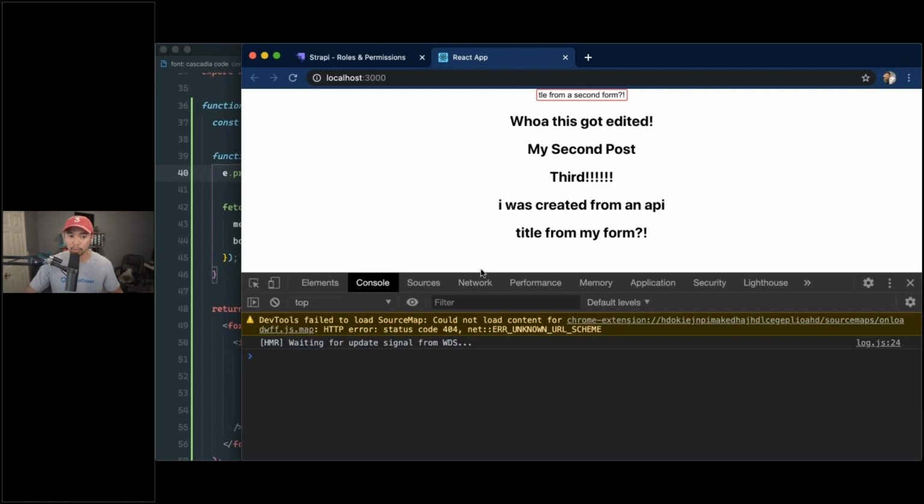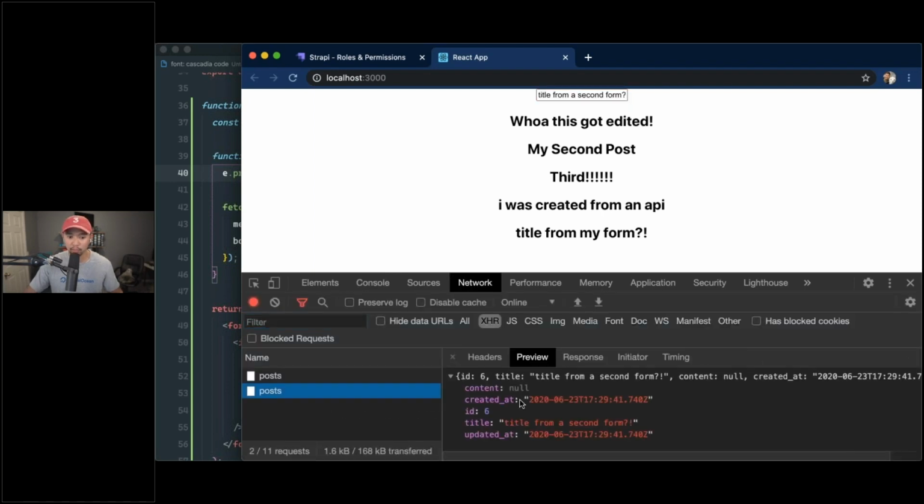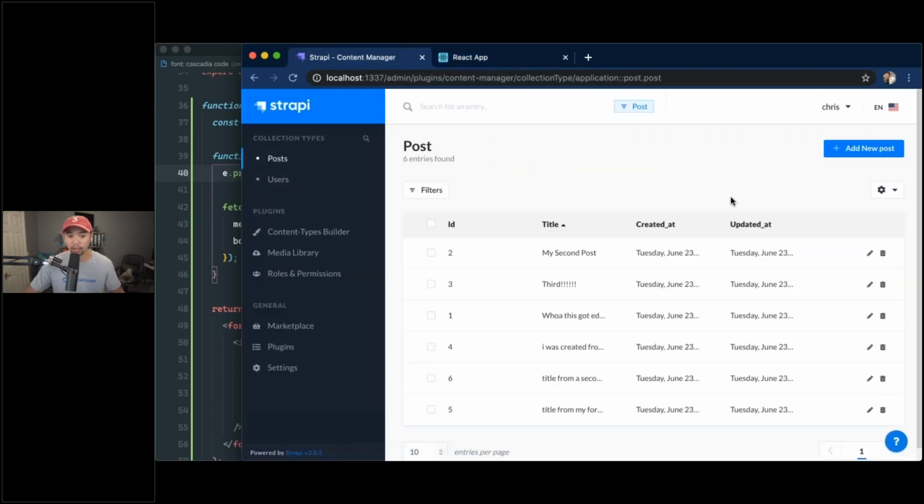Enter, that'll do a post. If we look at our network tab, it did the post request. If we go look at our dashboard, it shows in our dashboard. So we're able to now create from our React app, although it's not production ready at all, but proof of